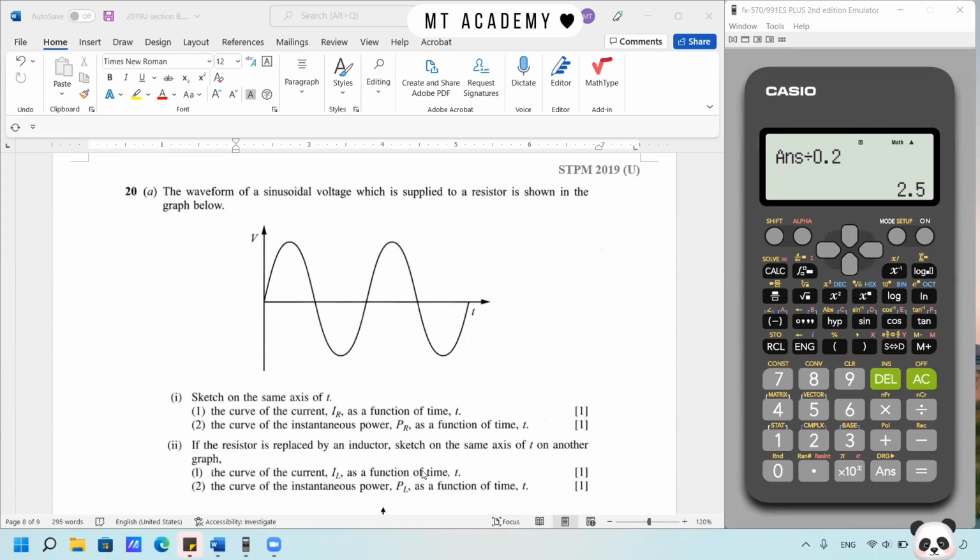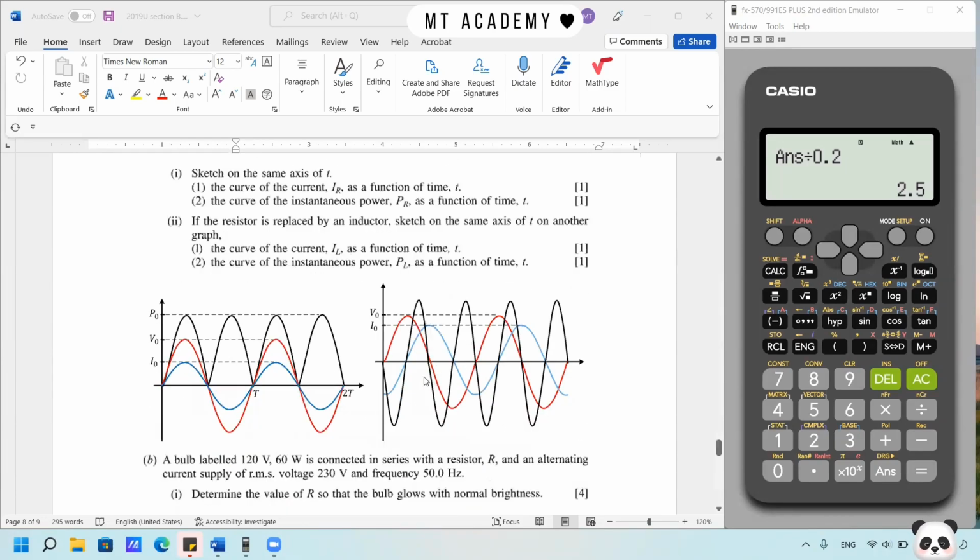So this is about a pure resistor and a pure inductor circuit, which has been discussed before. So this is the graph. Let me just roughly explain it. For a pure resistive circuit, you should know that the current is in phase with the voltage. When you recall the formula of the power, it is sine squared, and you would have this kind of graph where power is always positive all the time, which indicates that power is always